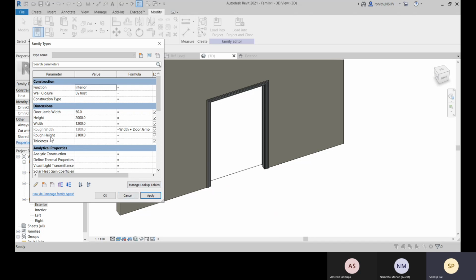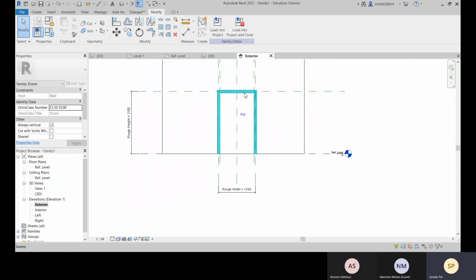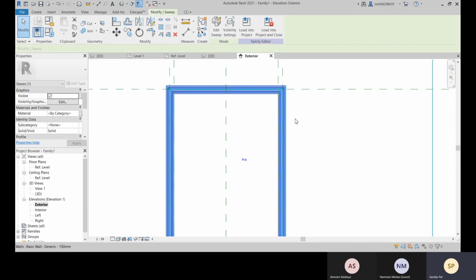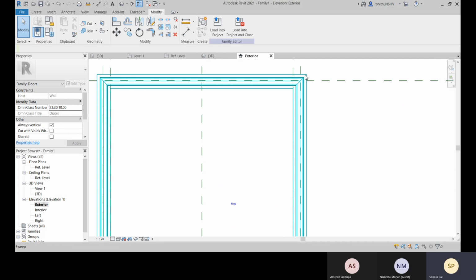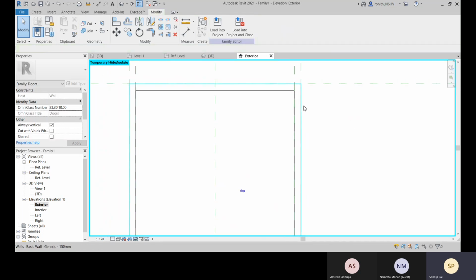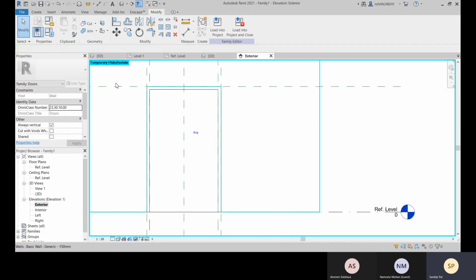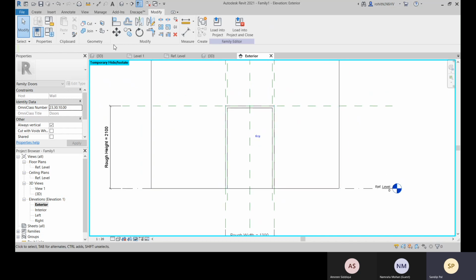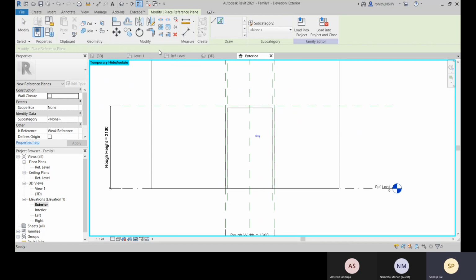The same way you can assign height and rough height also, so that thickness you can apply over there. You can come to the exterior side. You can give this as a rough height. RP reference plane, pick line 50.